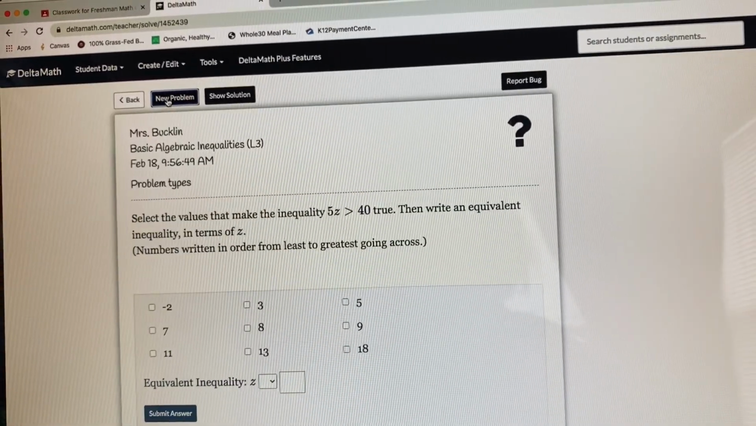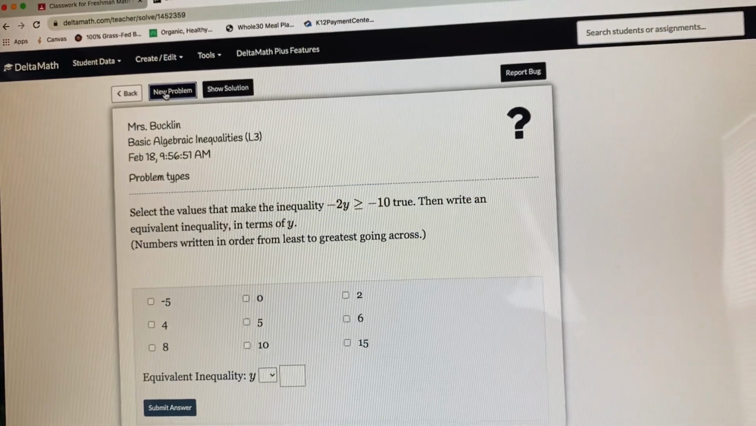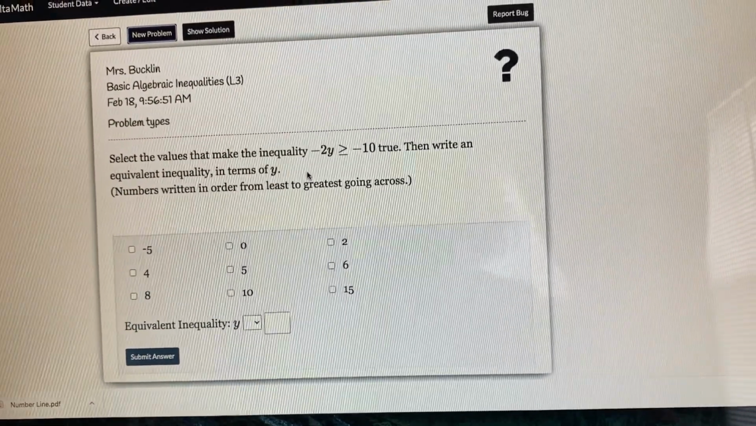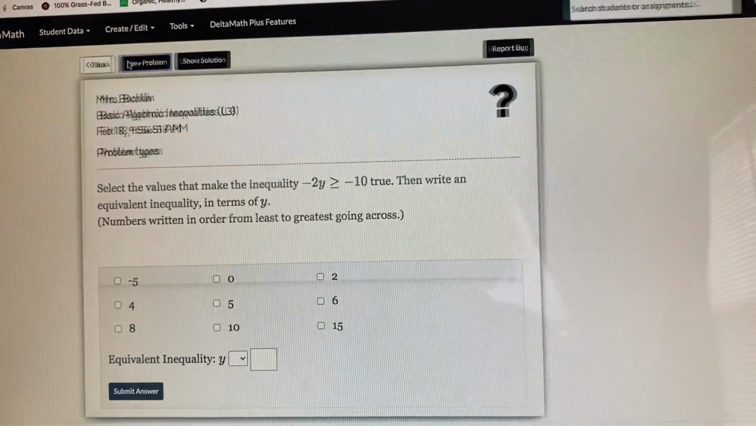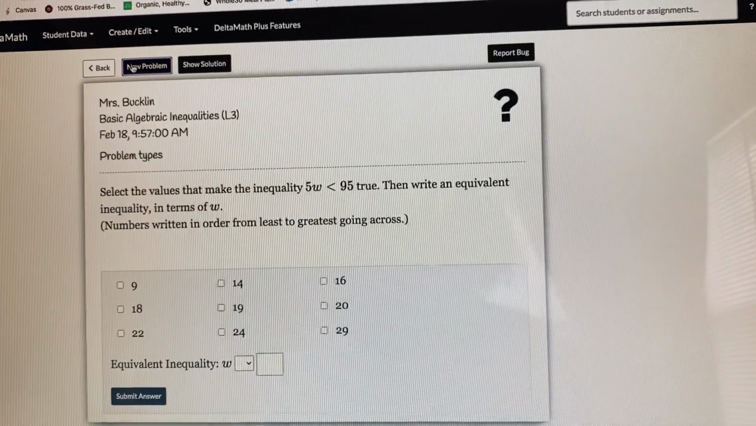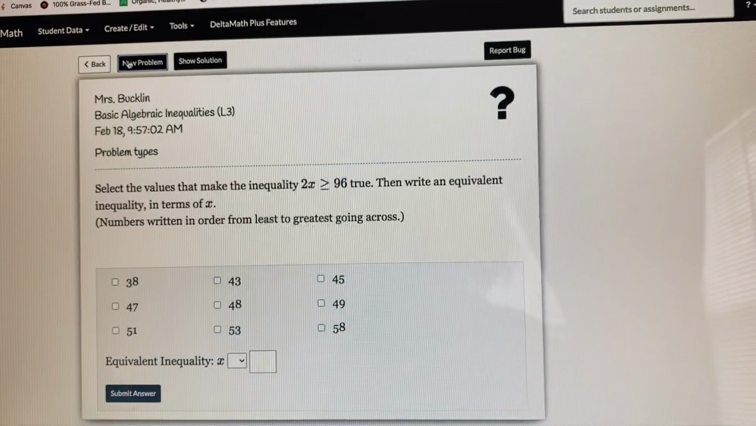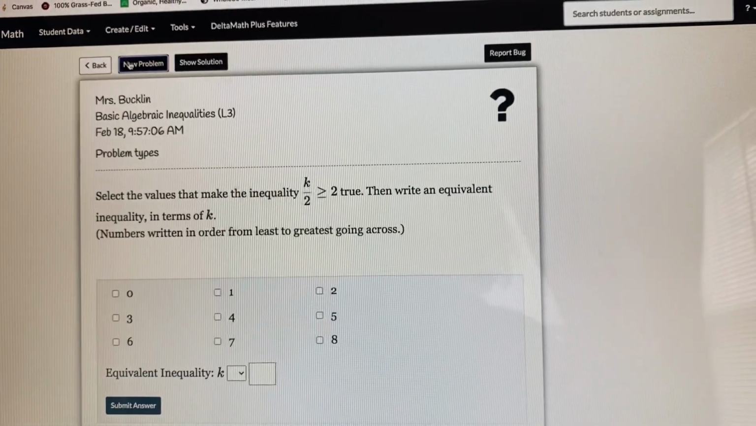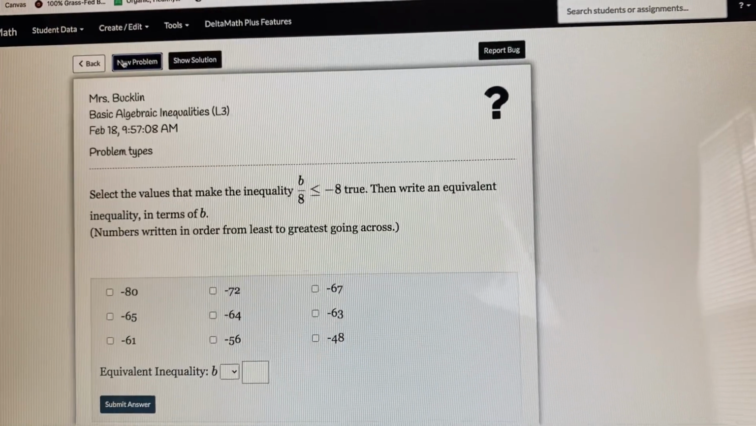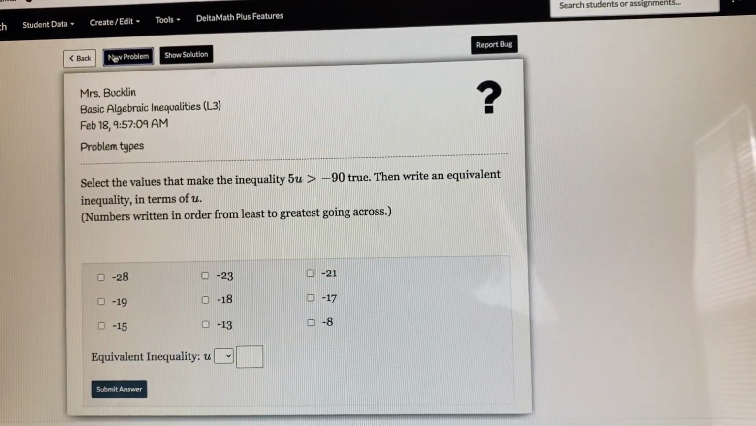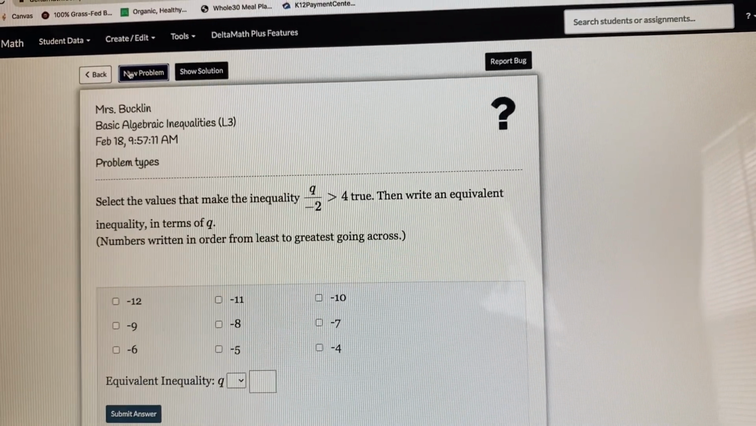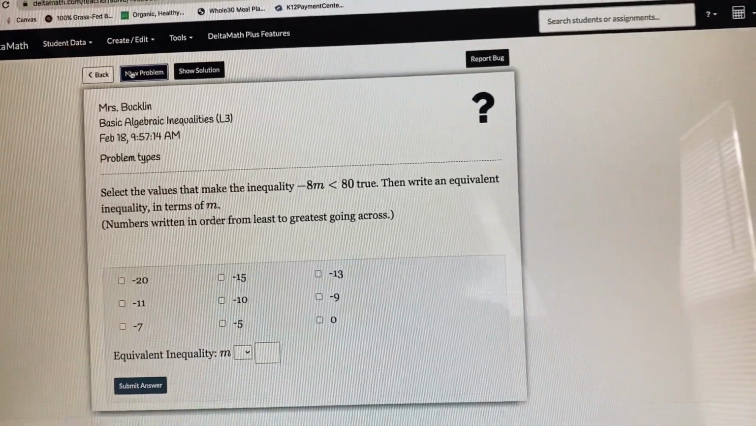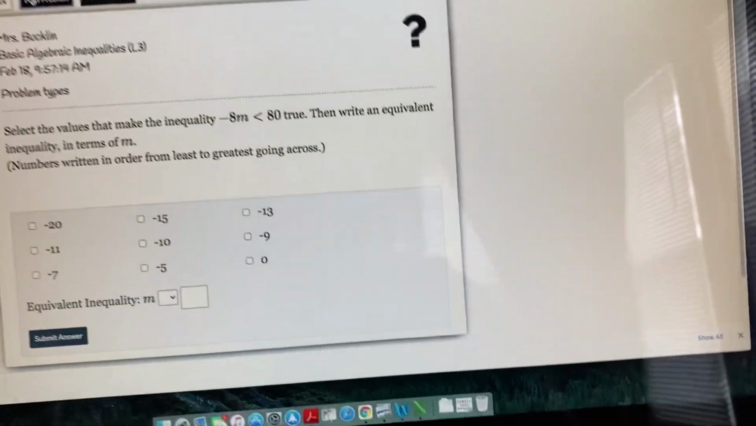I'm going to do one more here. Let me find one. Actually, let's find a different one. Already done one like that. I'm being picky about the one that I want to do because I want to give you a good example of a negative answer, and also flipping the sign. Oh, here we go. Okay, so